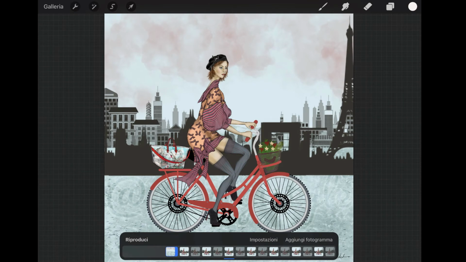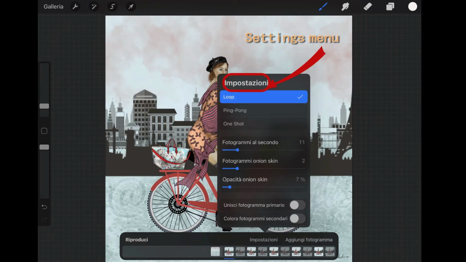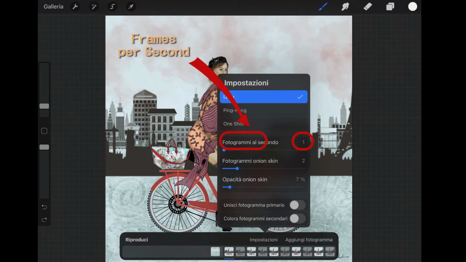We'll now learn to manage the timing, appearance, and attributes of our animation as a whole. The Settings menu on the timeline will support us through this, helping us to control the entire sequence. To manage the animation speed, we can set the frames per second, dragging the timer from a minimum of 1 to a maximum of 60.